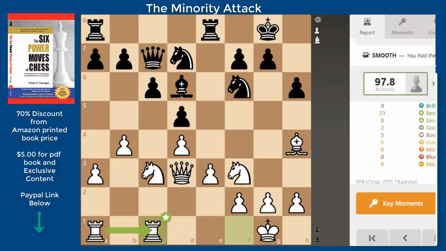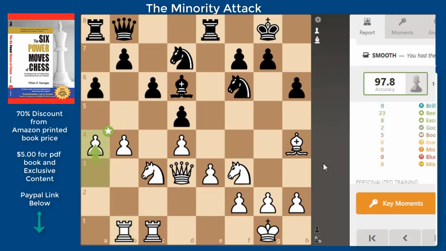So I'm preparing this now. I have a threat. What's the threat, guys? Right. The threat is to bring my knight here and get the bishop because of the pin. And he sees that. He gets out of that pin. And now I'm preparing to push maybe a4 to b5, a4,